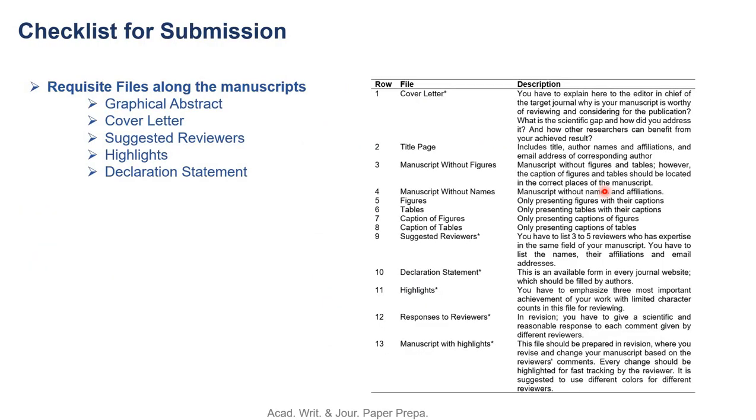So, when preparing to submit your manuscript to a scientific journal, it is important to compile all the necessary documents according to the journal's submission guidelines. These typically fall into two categories: required files and separate supporting files. Required files commonly requested by most journals: the first one is the manuscript. This is the main body of your research article,